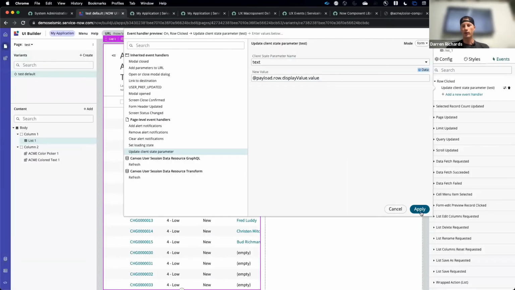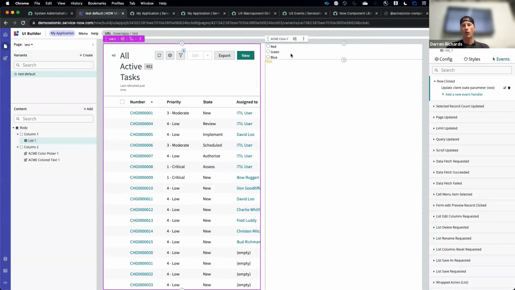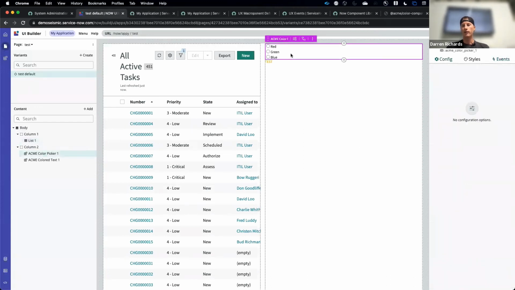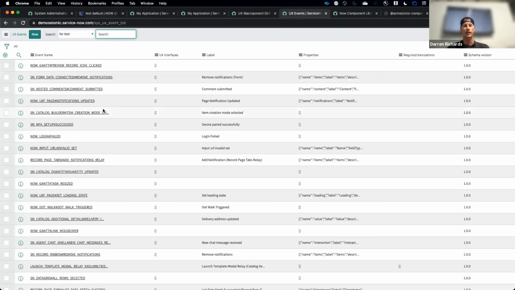So now what we're going to do is go and wire up our color picker, so that we can actually use that to change the color. So we'll have 3 different components interacting. So here's the bug. I had to do a bunch of research to figure out how this actually works. But right now, the events that show up in this list here on your right would be picked up by the Now UI JSON, but since they're not, we're going to do some magic and actually go define these in the platform. So this is the UX event table, where these actions are actually getting defined for